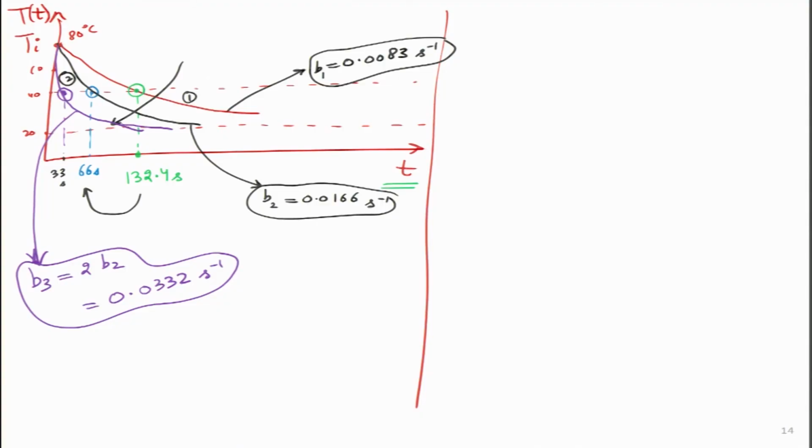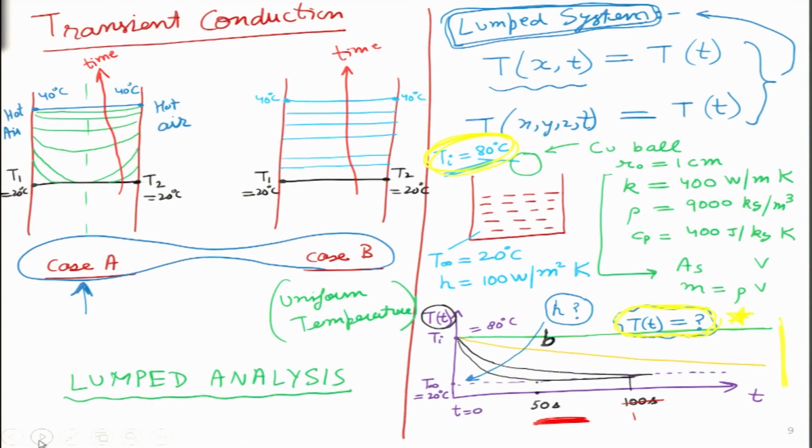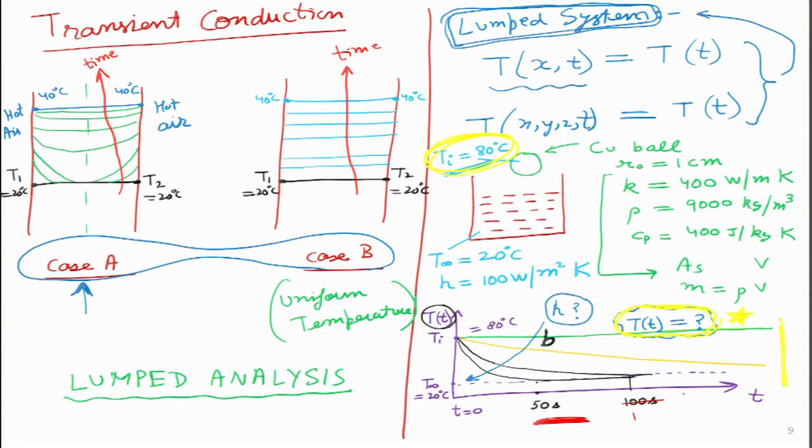So, I think with this we will stop here for today's lecture. Before we conclude, we will take a brief recap of what we have done today in order to summarize it nicely. We started a new topic today. We looked at transient conduction and we started it off immediately with looking at two cases of walls, which I called case A and case B, if you remember seeing it over here. We are now directly looking at case B because this is the slightly easier version, and I will explain in the next class that solving case A is slightly difficult. You need advanced methods in order to solve it.